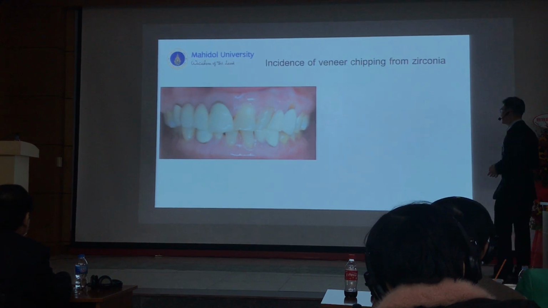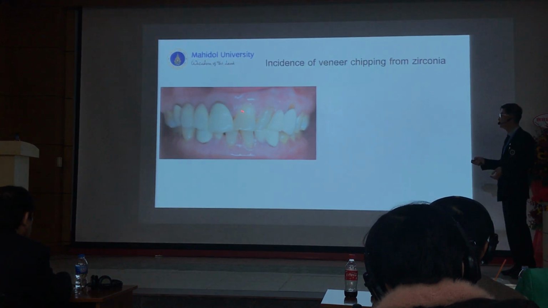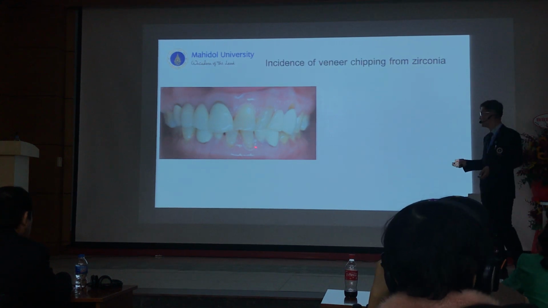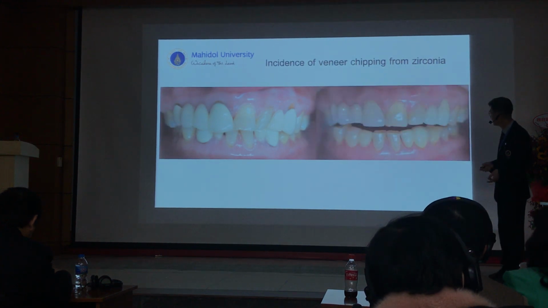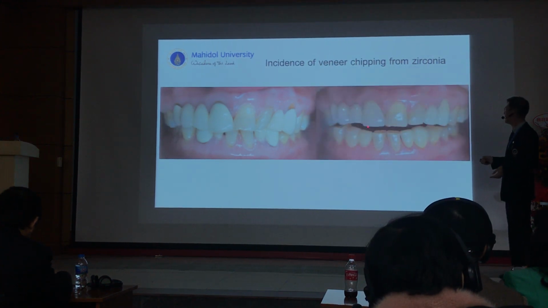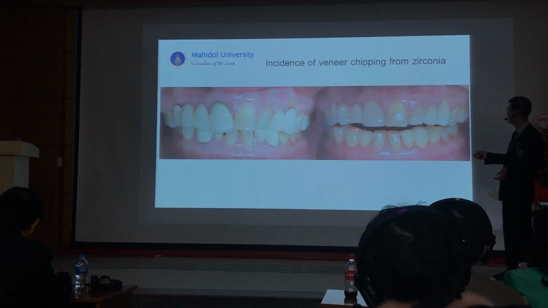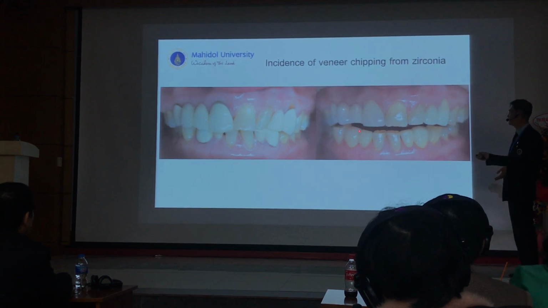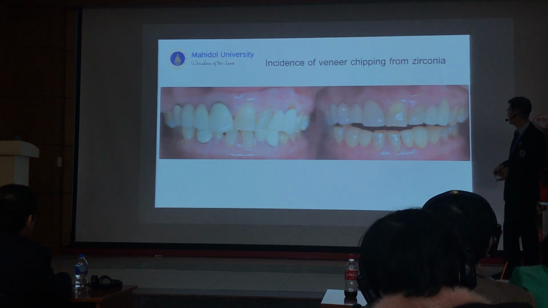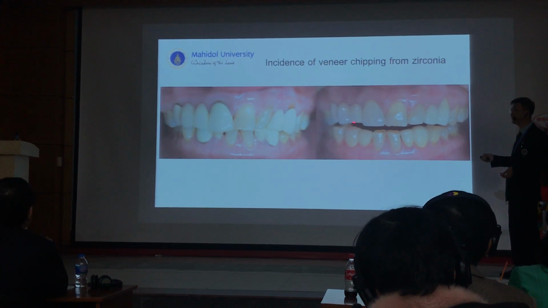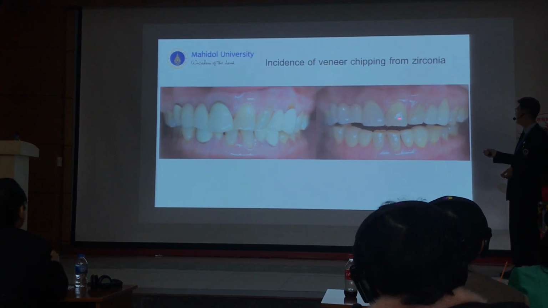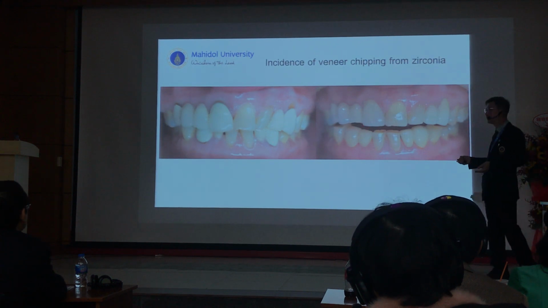This is one of the cases that my patient came with, the PFM. He doesn't like the color of the PFM. Okay, that's why we changed it to a zirconia substructure. But after 1 year's usage, you can see the chipping of the zirconia and the porcelain happened over here. But he's still okay. We just fixed it with composite glazing. And it's okay right now. But the incidence of chipping happens easily. We try to use it in the active, but it still occurs.